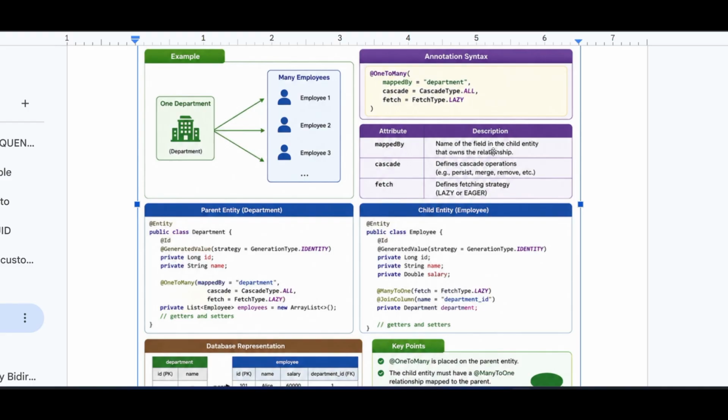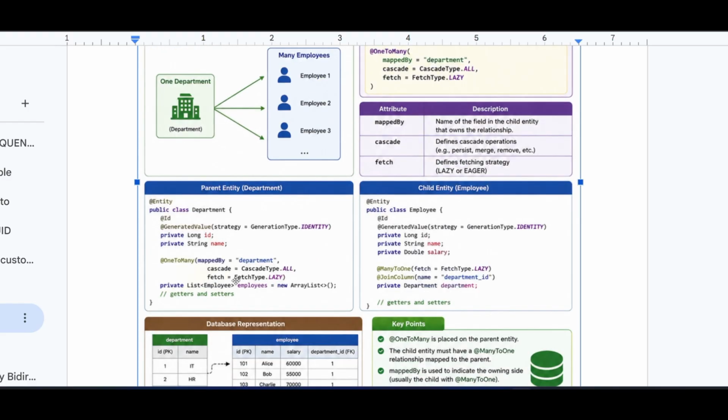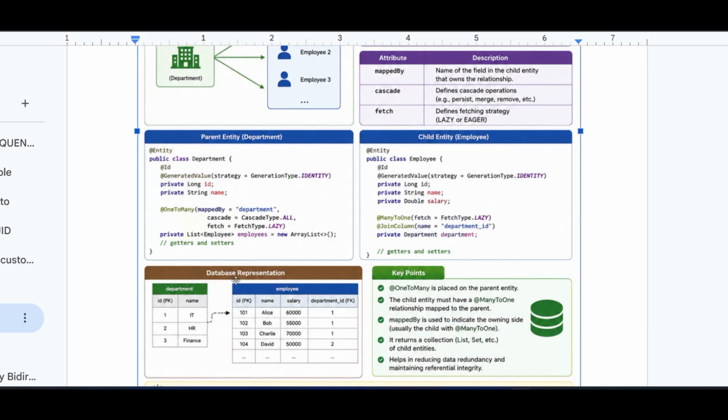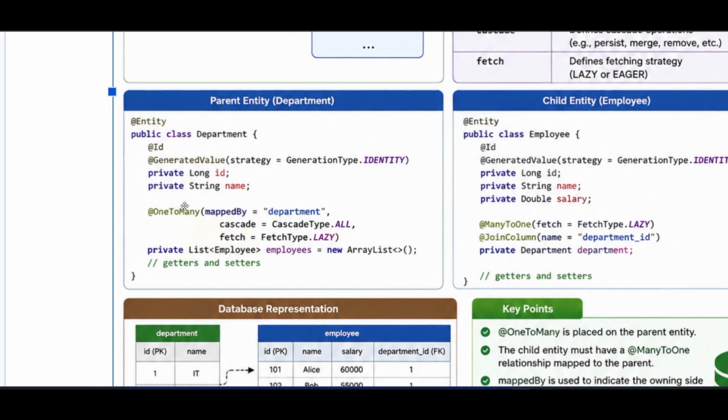Mapped by the name of the field in the child entity that owns the relationship. Okay, let's discuss it. Parent entity. Here we have to use